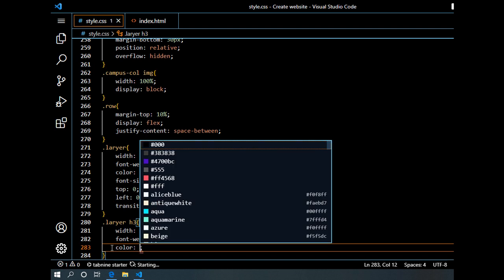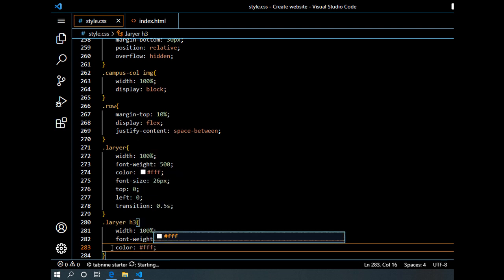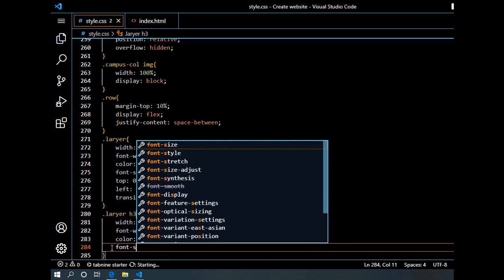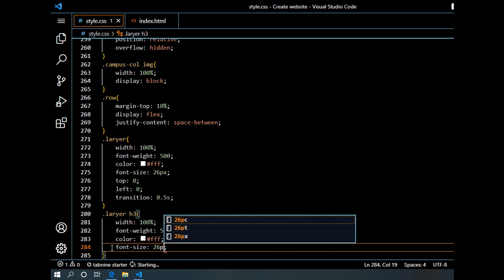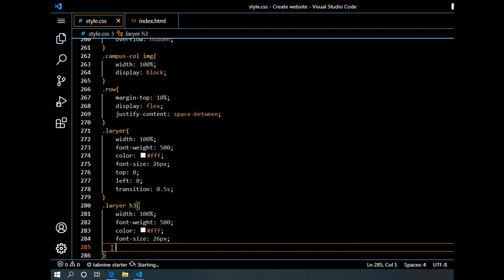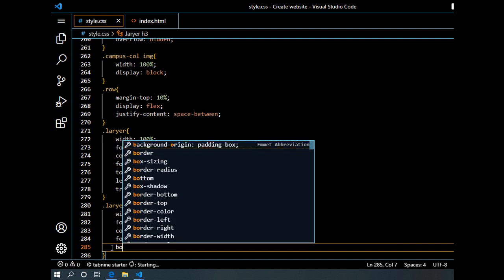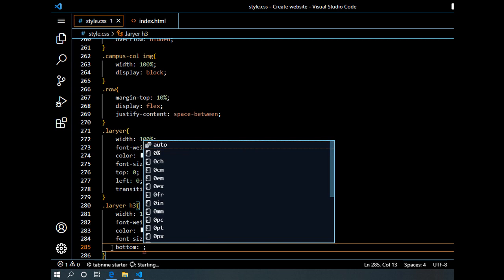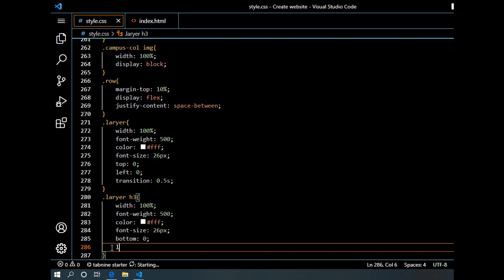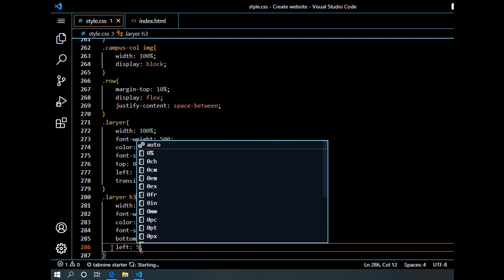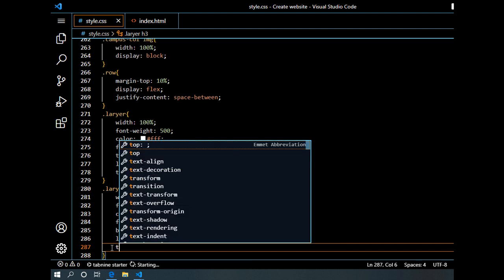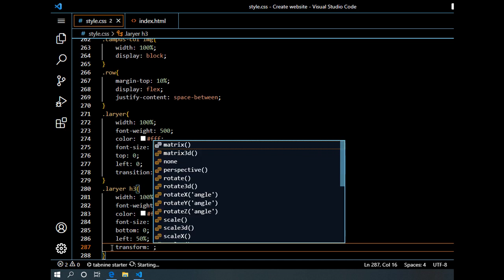We can select white color, and then the font size 26 pixel, and then we can select bottom space 0, and then left space should be around 50%, and then transform, translate